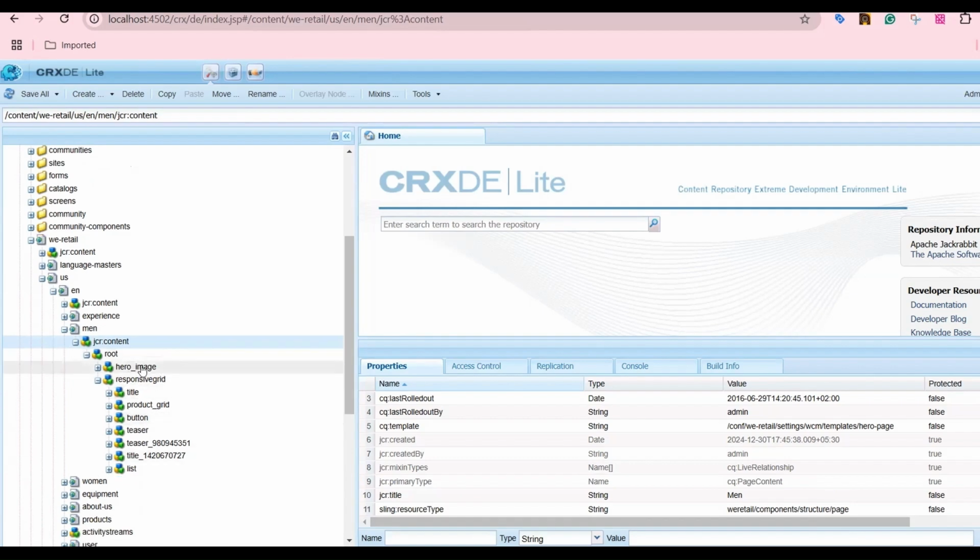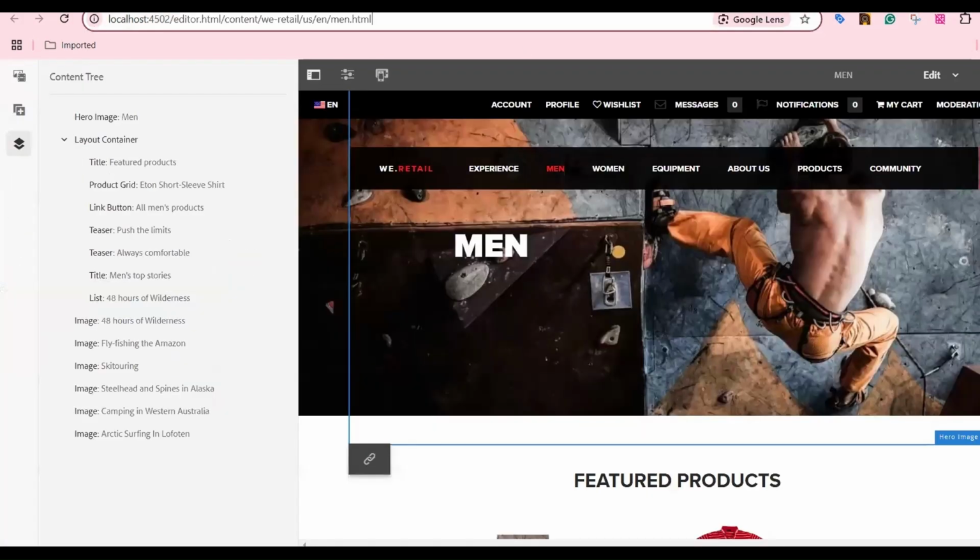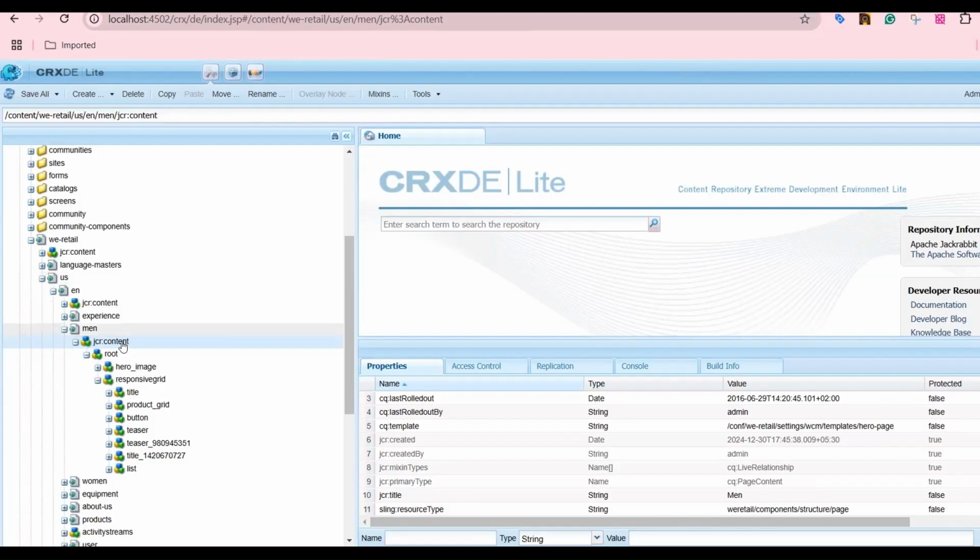So after that, as I mentioned, when we go to the main section, we were getting all the things. If I go here, as you can see, all the components we were getting there, everyone will be able to get here as well. As you can see, hero image, and after that we have title, product, grid, button, and so on. So first of all, whatever components we have here, all of them will be part of